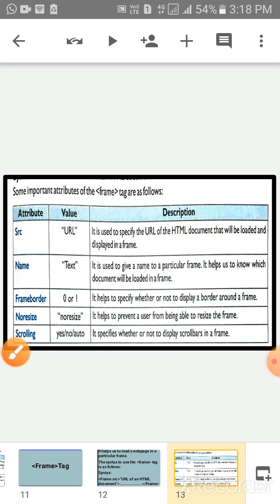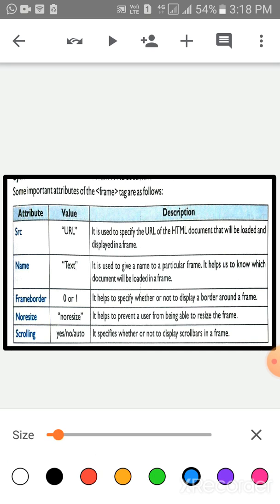Children, its description: src is used to specify the URL of the HTML document that will be loaded and displayed in a frame. The name attribute is used to give a name to a particular frame. It is used to know which document will be loaded in a frame.